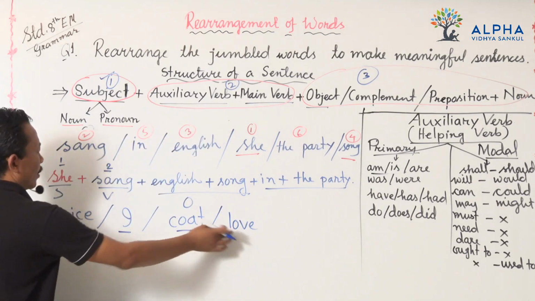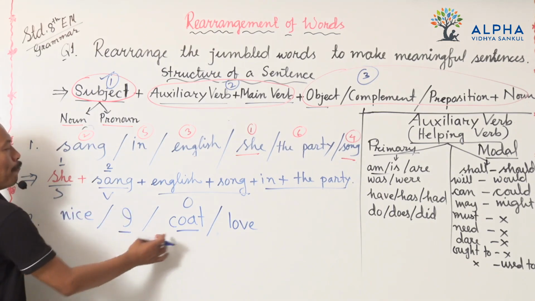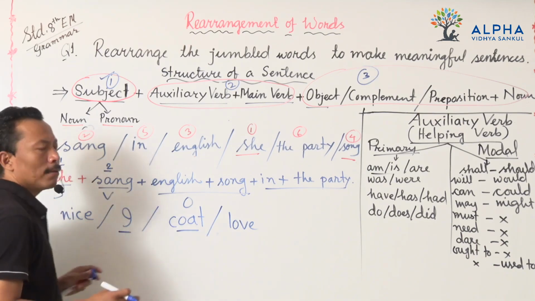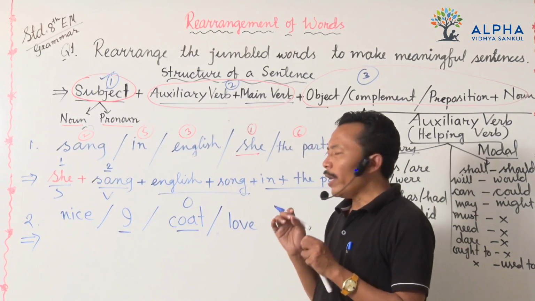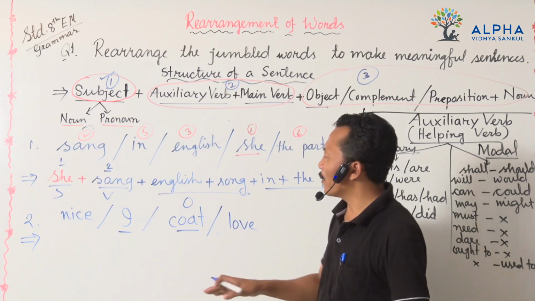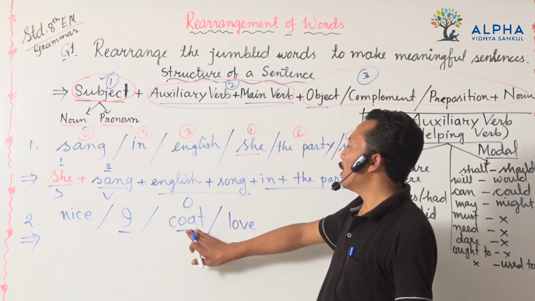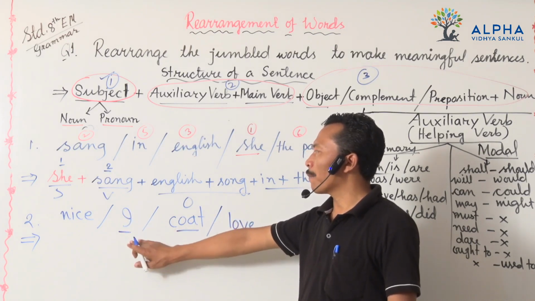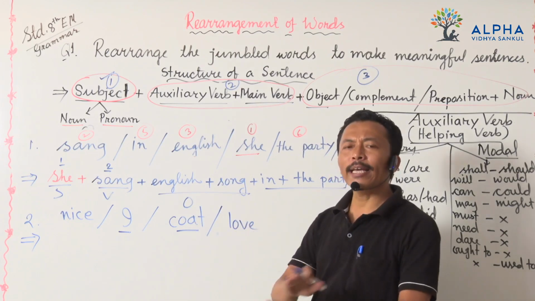I love nice coat. Okay, this is I. It has the complete meaning. If we say coat, love, nice, I, it has no sense. I am considering that we have two options, pronoun or noun. But in between, which would be the subject? If we try coat as a subject, then it has no sense.